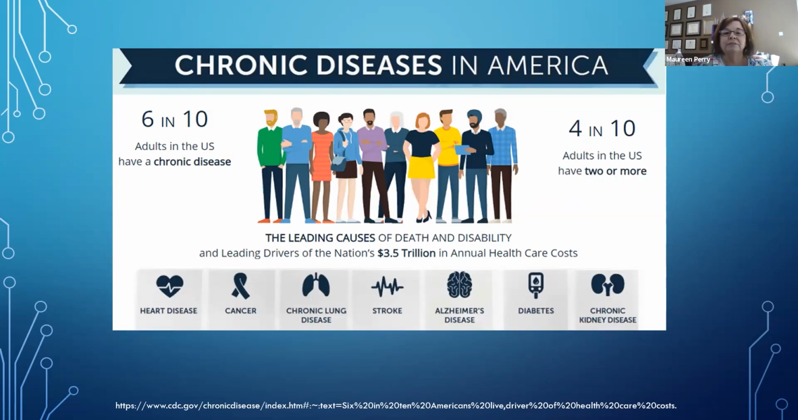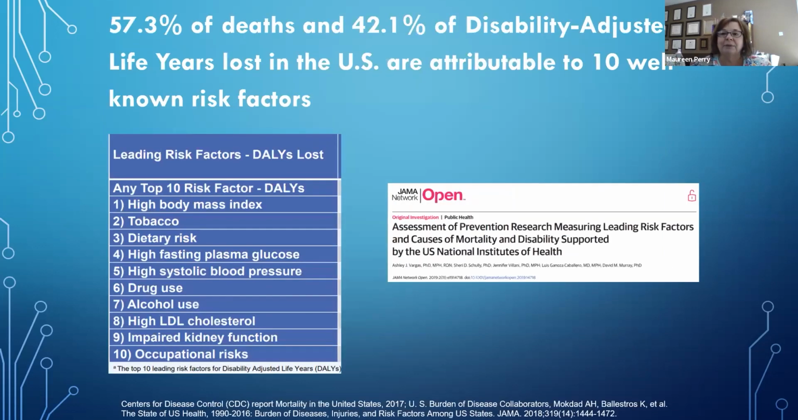So the leading causes of death and disability and the leading drivers of our $3.5 trillion in annual healthcare costs. That'll wake you up, huh? Love that number. So about 57% of deaths and 42% of disability adjusted life years are lost in the US, and they're attributable to the top 10, right? So high body mass index, tobacco, dietary risk, blood glucose, blood pressure, drug use, alcohol, high LDL, kidney function impairment,